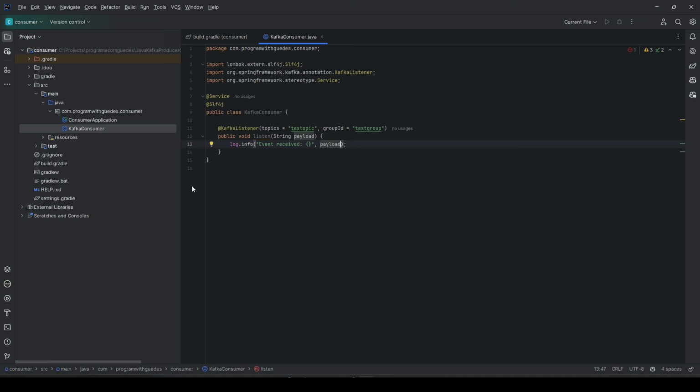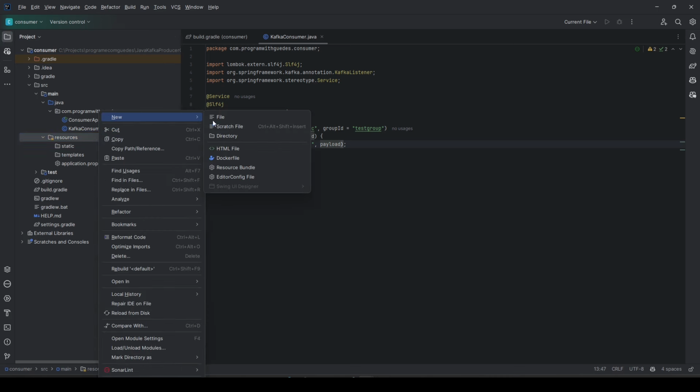Okay, now we need to create an application YAML file.